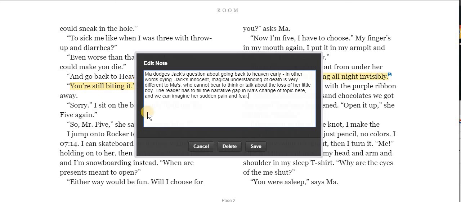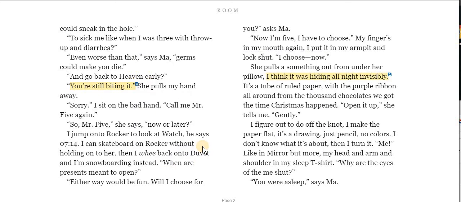So it's a subtle little thing, easily missed. Donoghue doesn't make a big deal of it, but I think there's an interesting and powerful gap between what's happening in Jack's mind here and what's happening in Ma's mind. And on one hand, this book is a book of closeness between the two of them, but at this point, there's this aching gap between the way that Jack and Ma understand the world. And I find that gap moving